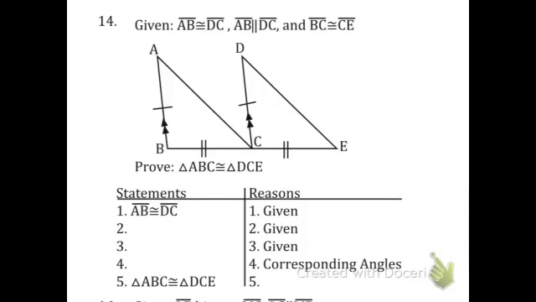Moving on to 14, we have 3 givens. We're just going to fill those in right now. They got the AB congruent to DC. Let's put the AB parallel to DC. And let's put down the BC being congruent to the next one, CE, sorry. And once you have all that,